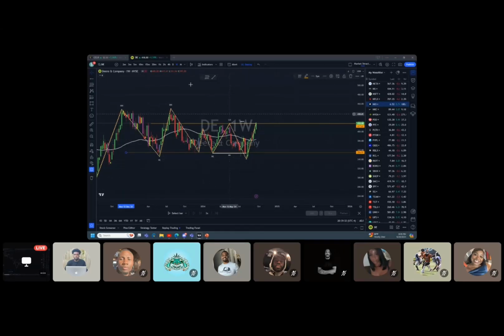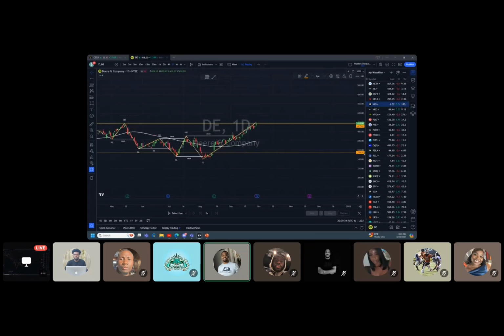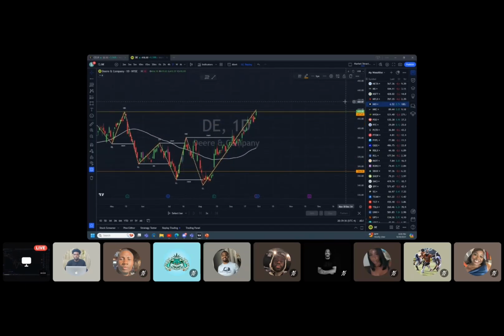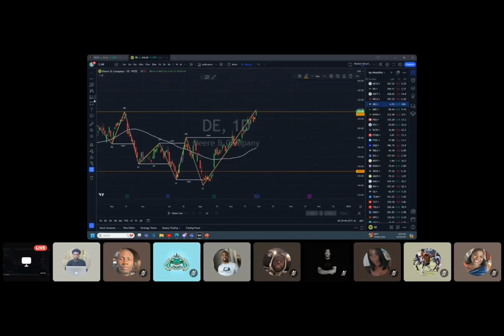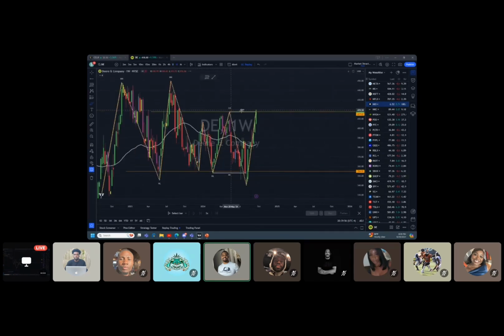So we go to my daily. Oh, okay, this is cool. This one I like to see. Let me go on the 4 hour. Okay. So this one I like to see. Price for DE could continue to go higher, all right? It could just continue to go higher. I won't chase it. Just how I trade, right? If this resistance pushes back down, which is fine,